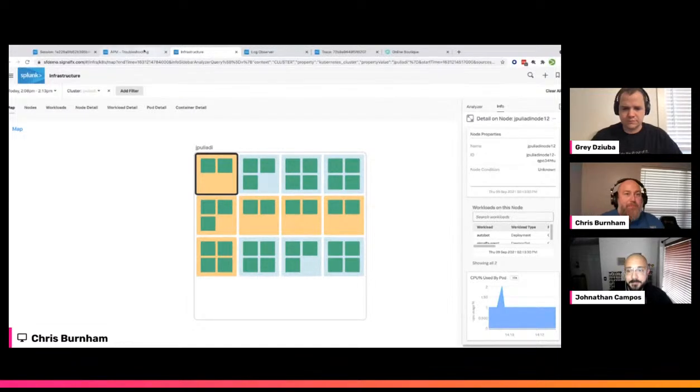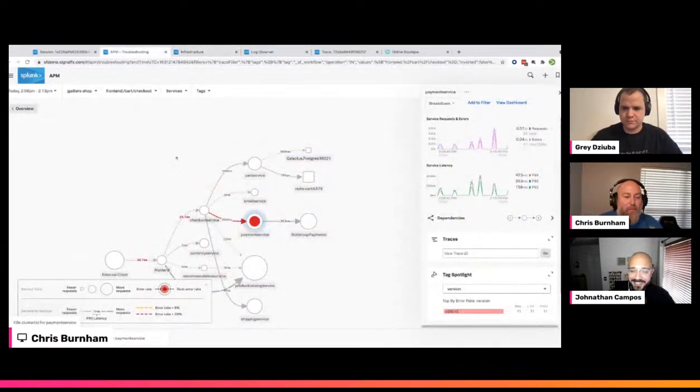So it's telling me what I need to look at, right? Like we saw in APM, it's highlighting the service, and it's also giving me recommendations for other workflows that I want to go check out that are associated with the errors that I'm experiencing in this service.